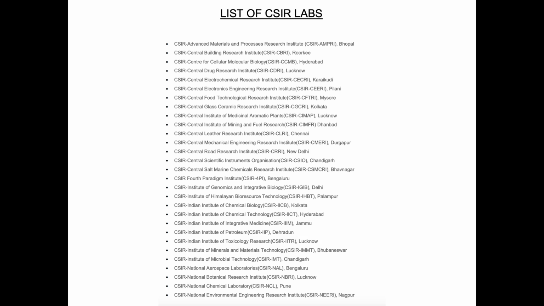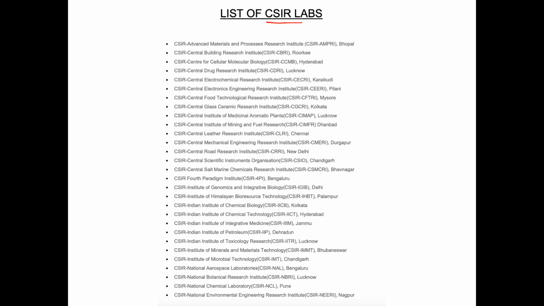Autonomous bodies are basically funded by a particular funding agency like CSIR, and the mandate of these autonomous institutes is to promote research. They don't have any graduate or master's program in these institutes. The only work they do is research, for example, doctorate degrees, postdoctoral work, and all the research-related work going on in these autonomous institutions.